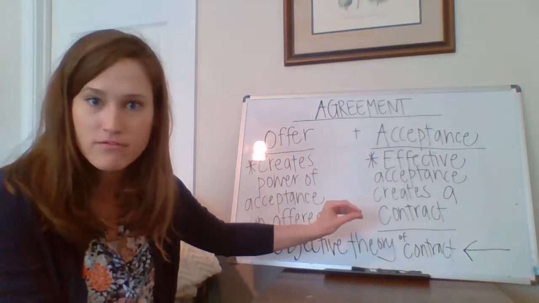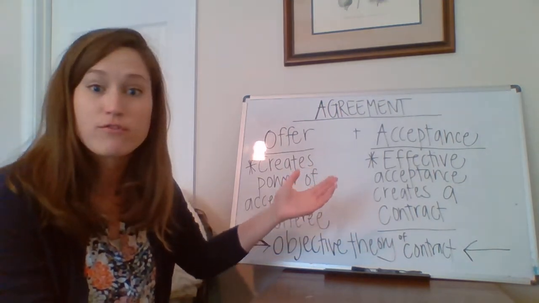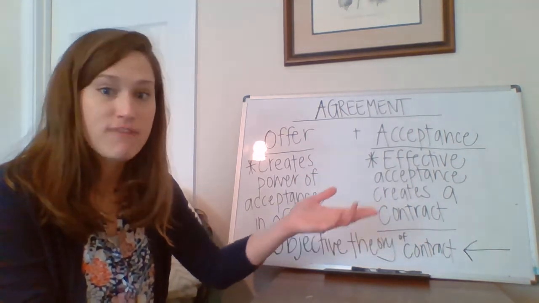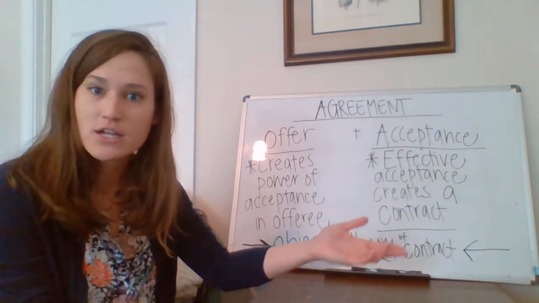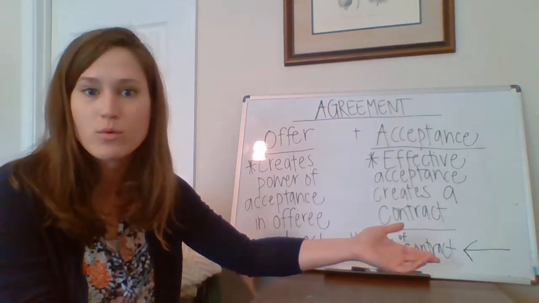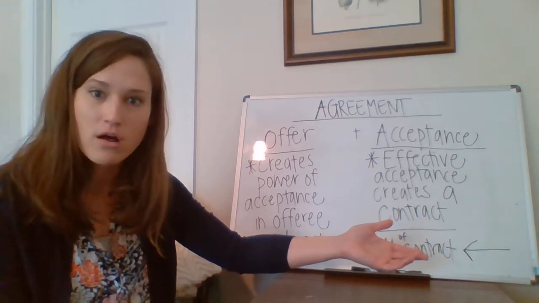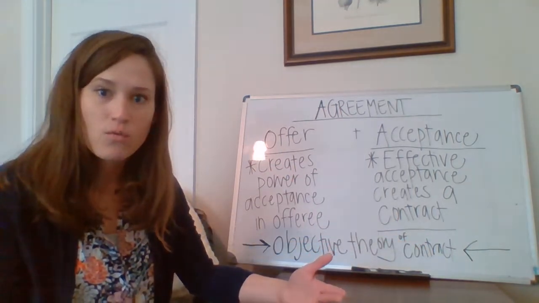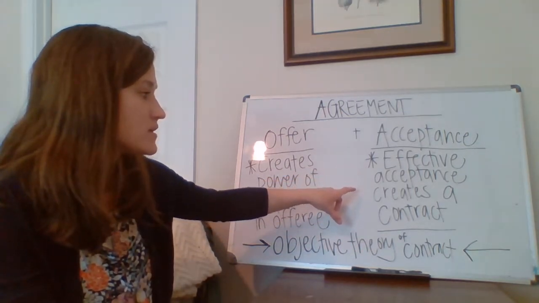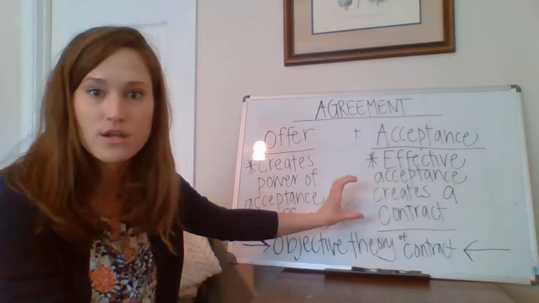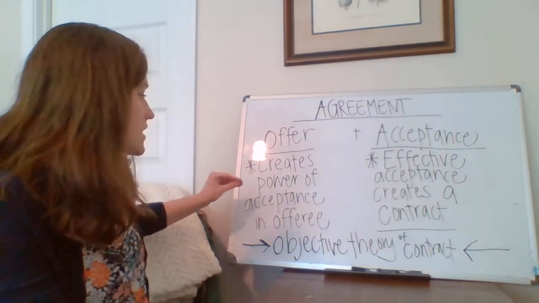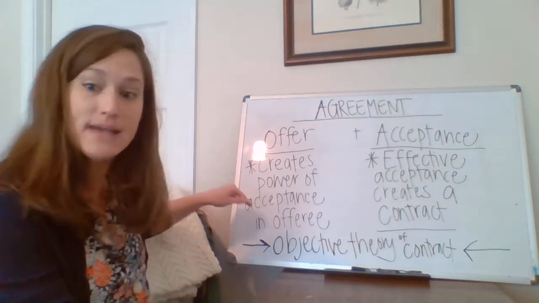If you try to back out of that agreement, you can be liable for damages, right? There's a reason for the other party to file a lawsuit against you and get a judgment requiring you to pay damages, or potentially even certain types of equitable remedies might be available. And we'll talk about that later on. But that's a huge consequence, right? So because an effective acceptance creates that legally binding contract, it's a really big deal when we say that an offer creates the power of acceptance in the offeree, because that's a really big power.